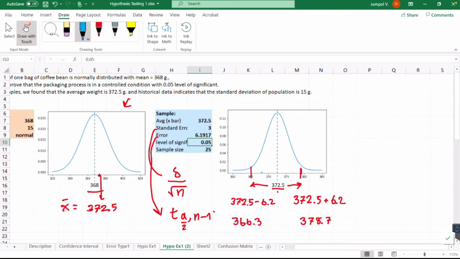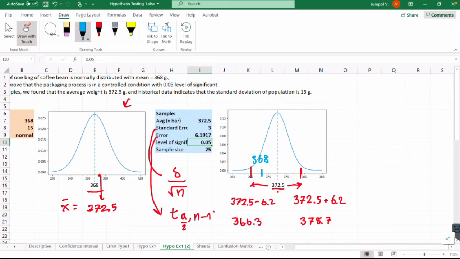If it's not, we reject the null hypothesis. So the hypothesized population mean is about 368, which is around here. So with this, we can accept the null hypothesis,